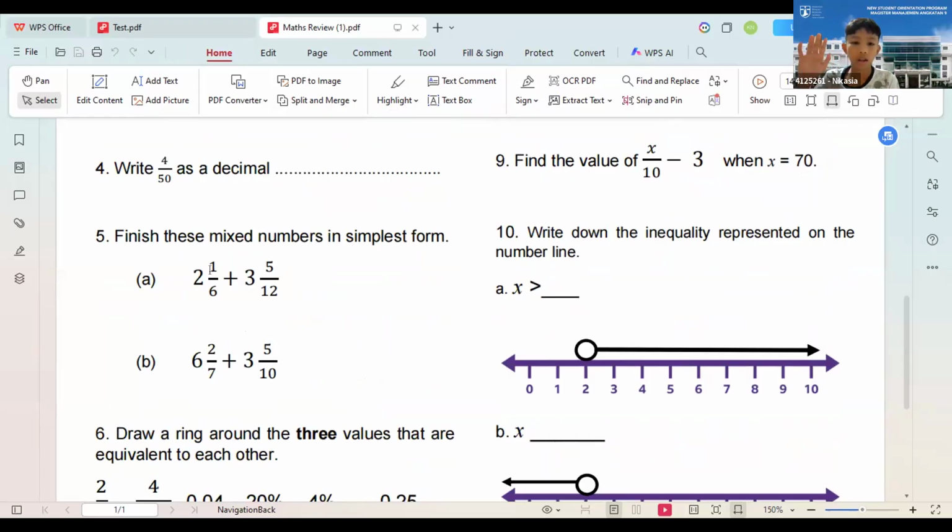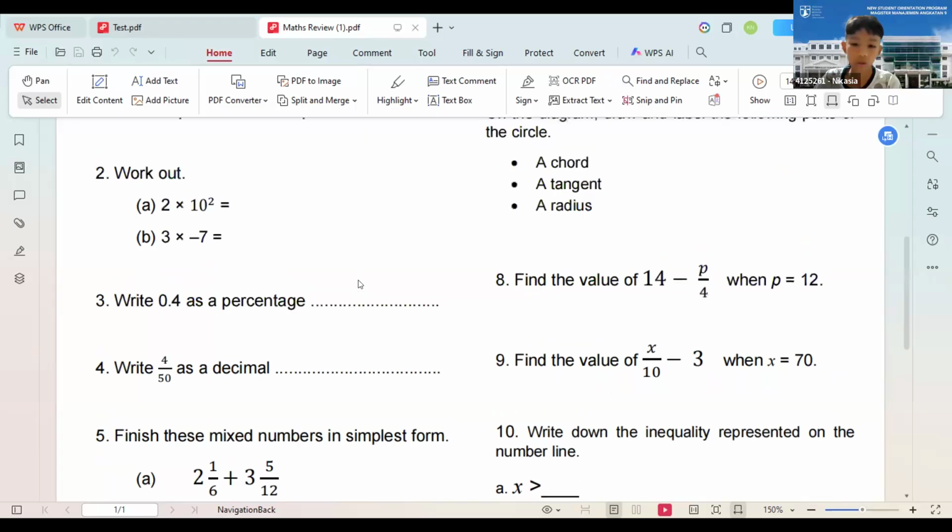Miss, I have a question. Can we go back to number 8? Okay. Can we do this method, Miss? Like, this is 12. 4 times how many to become 12? Times by 3. Ah, berarti, sini.